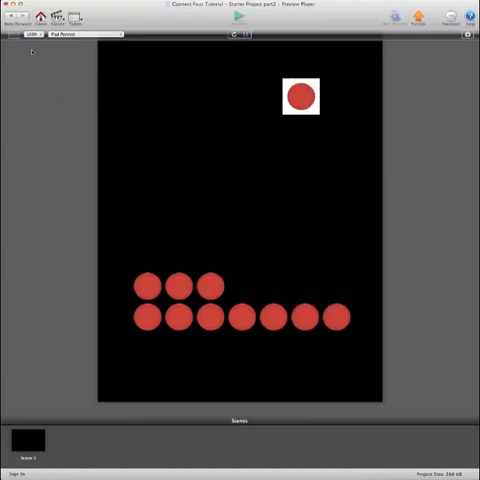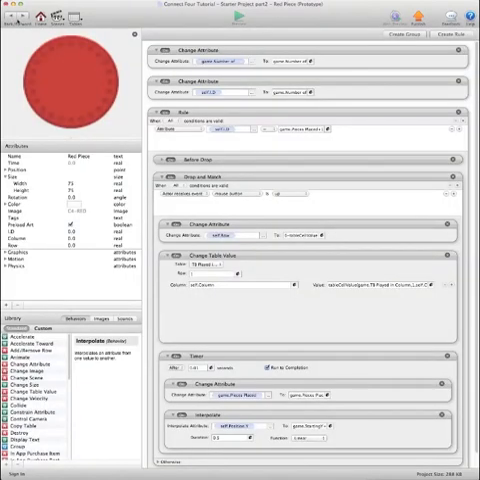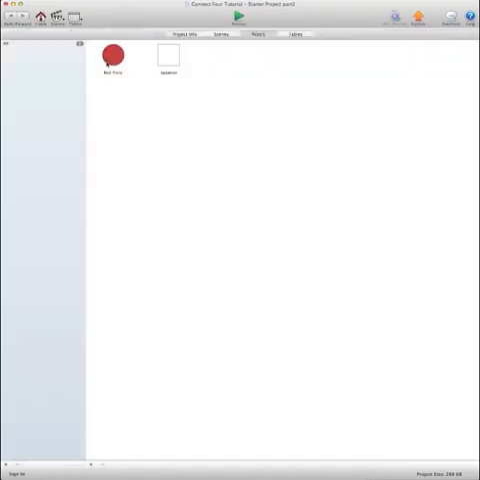So, going back, all we have to do is copy the red piece actor, so go home, and hold alternate, and drag the red piece right next to it. And it'll be a copy of the red piece, but we'll just name it black piece. And we'll go into that, double click into that,